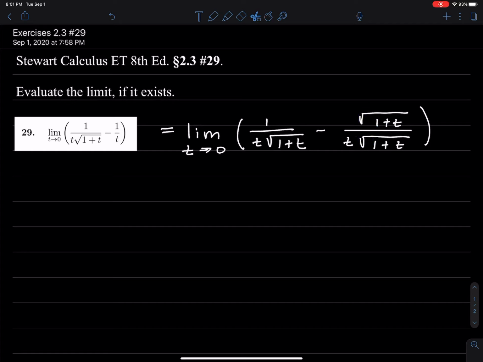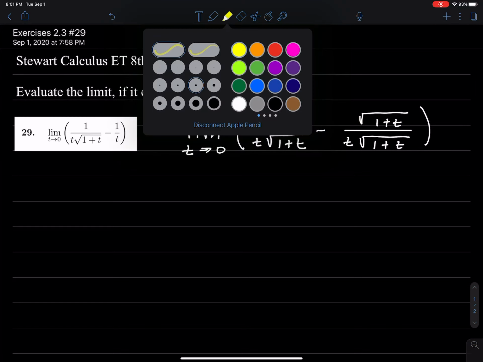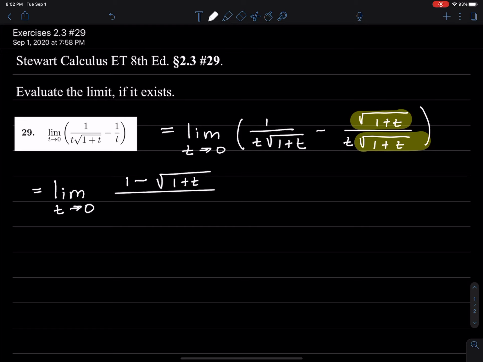That was multiplying the numerator and the denominator by this part here, this is the new part, radical 1 plus t. I multiply the numerator and denominator so that I get a common denominator, and then I can combine those fractions. So I have 1 over 1 minus radical 1 plus t in the numerator, and then the denominator is t